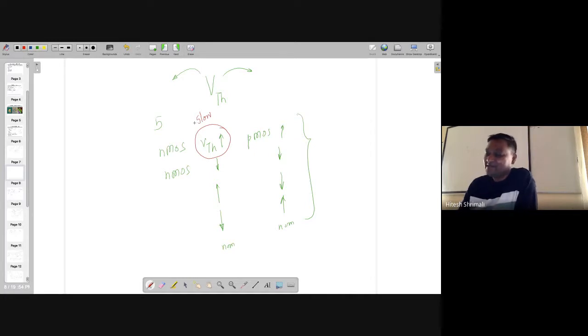Because as VTH is increasing, the NMOS performance is degraded, and it requires more voltage to work upon the required current and other things. So the current is also less, and because of less current, the movement of electrons becomes low. So ultimately the transistor becomes slow. In this case it's slow, and in the opposite case it becomes fast. It's the opposite of that.